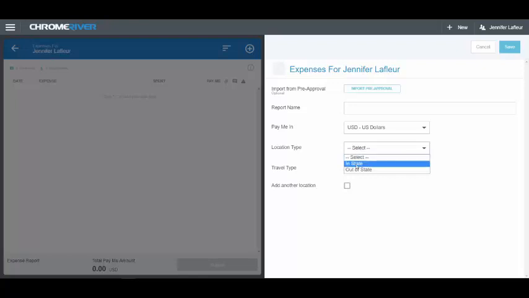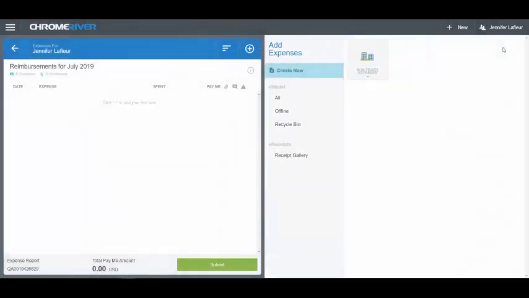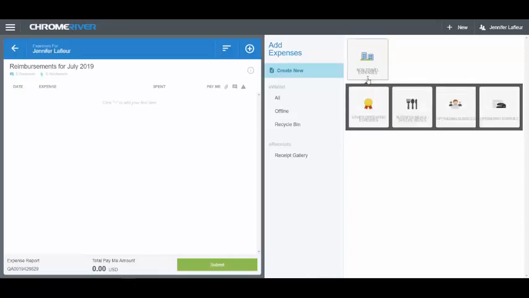You'll of course want to say that it's for in-state and put a descriptive purpose such as reimbursements for July 2019. When you save that, the non-travel expense category appears, and on that there are four options: other